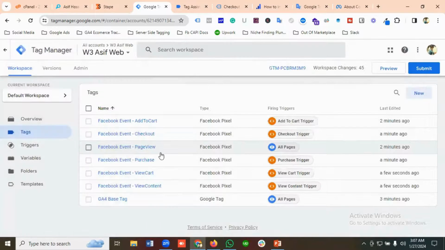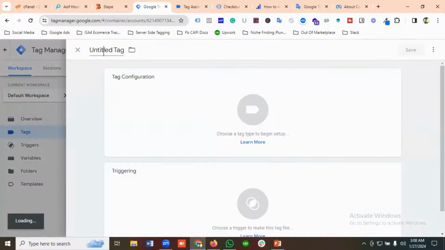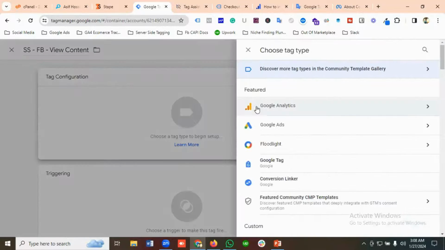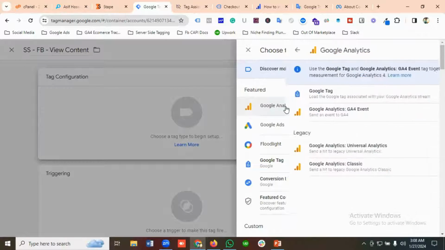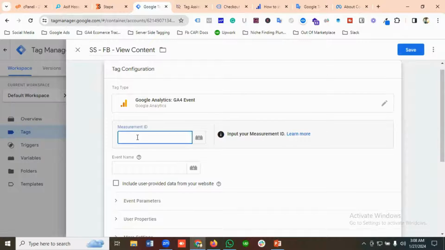So we have set up event ID for all of the events. So let's create all the server side tags. Okay, so I'm gonna click on new and name it as server side Facebook, for example, Facebook view content. Okay, cool. Then as the tag configuration, I'm gonna choose Google Analytics 4 event, and I need to